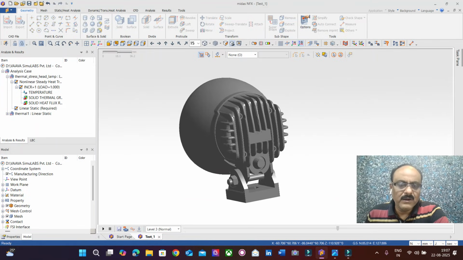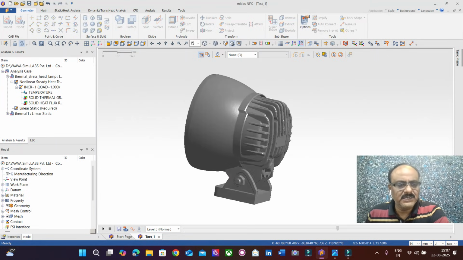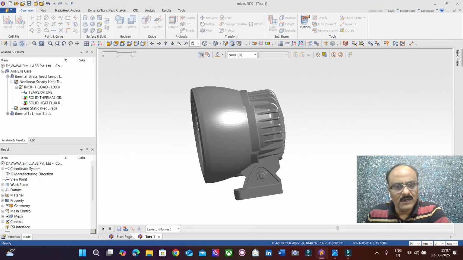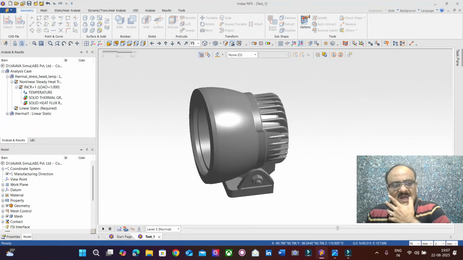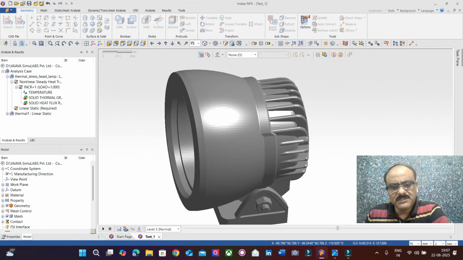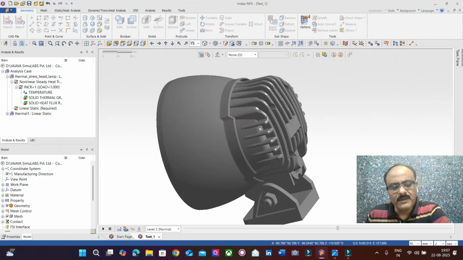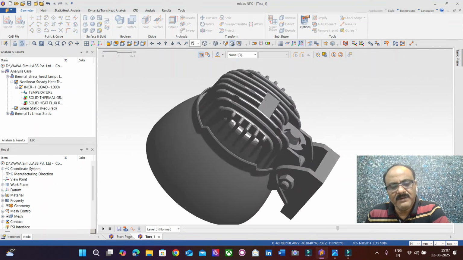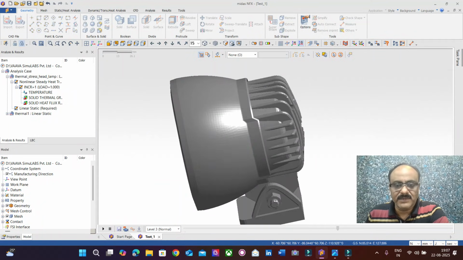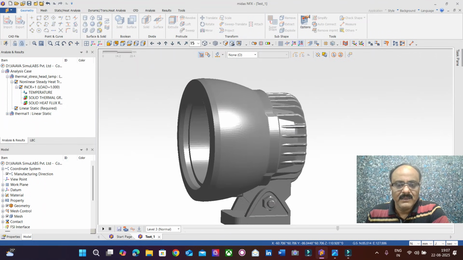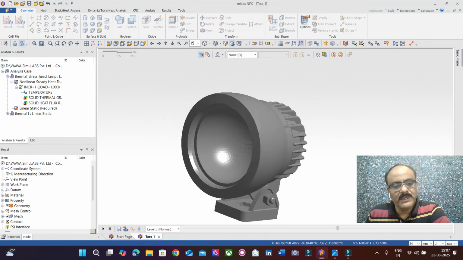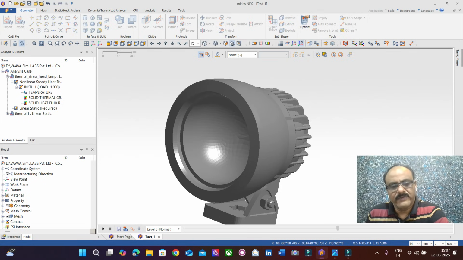Okay, so now the objective of this particular project, or this particular example, is to design a suitable fin that will be more efficient in reducing the temperature of the system. So what we have done is we have applied the proper boundary conditions, and we know that we have assumed certain things in mind. The reason is because